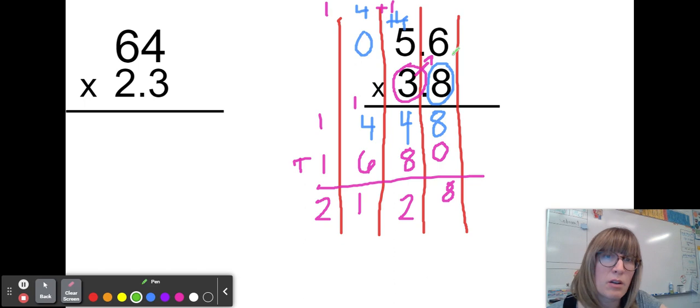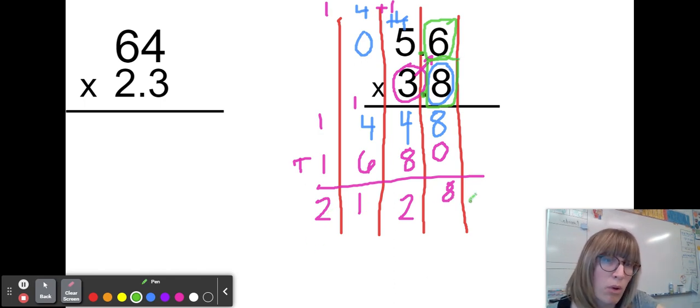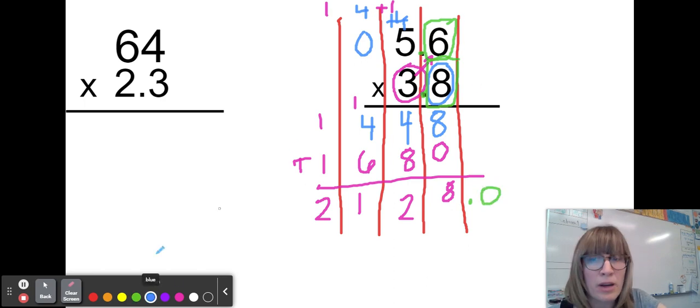But we know that we need to go back and look at our decimals. So we can see there's a decimal here and a decimal here. How many digits of value are behind the decimals in the original problem? Well, we have 1 digit, and we have another digit. So we have 2 total digits. So this is really 2,128.0, but we're going to divide by a power of 10 for each of these digits of value behind the